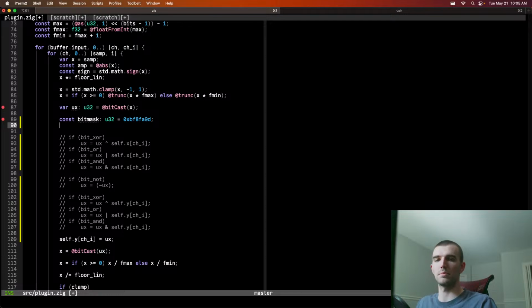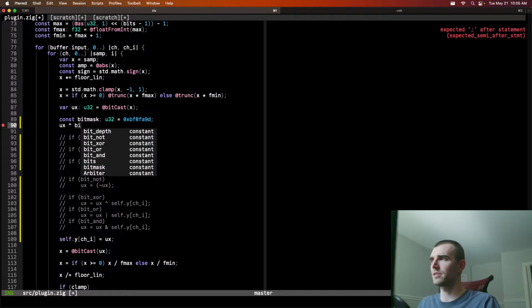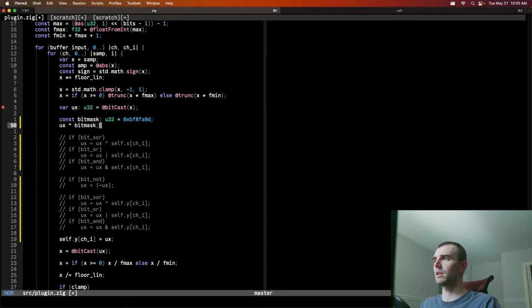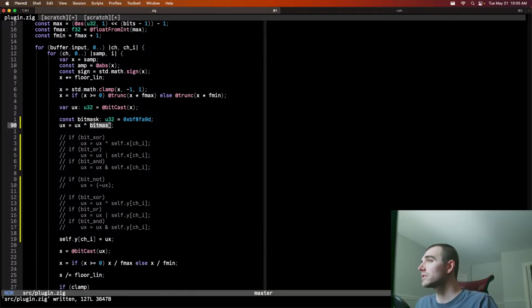And they would probably be able to choose their operator. In this case, let's just say it's XOR because that produces the tastiest results typically. So we would say UX is UX XOR bitmask. So when you just have this kind of random integer here,